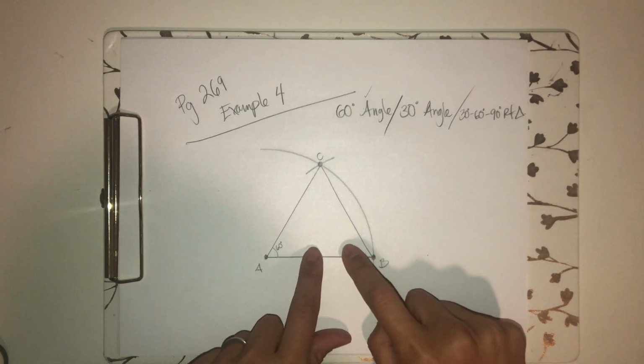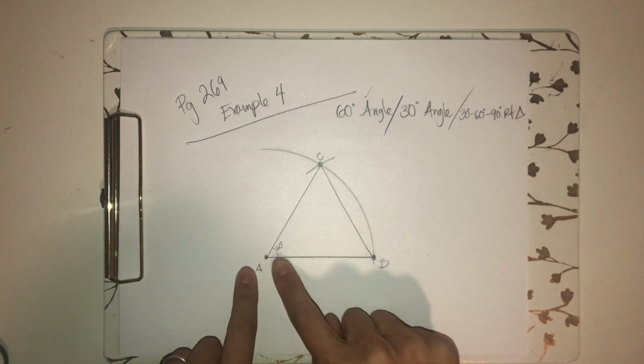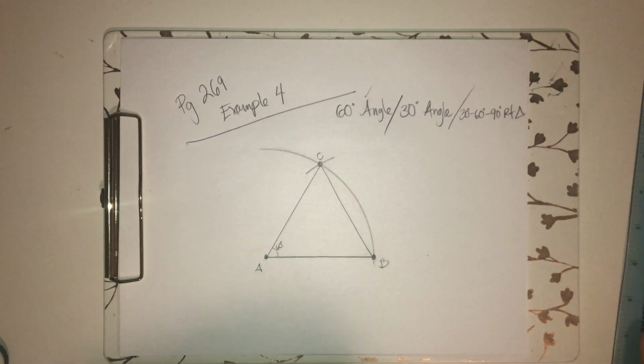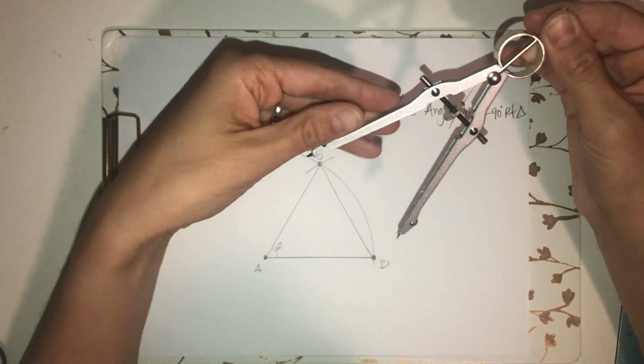Not the one that I labeled here. I'll go ahead and bisect angle B, just because the area over here in the interior of angle B is clear. So the first thing that you want to do is